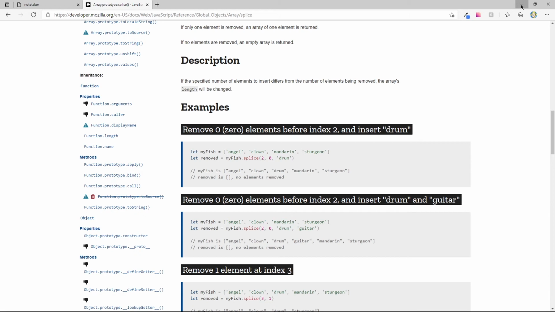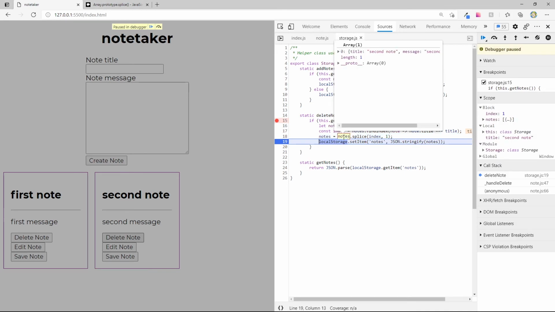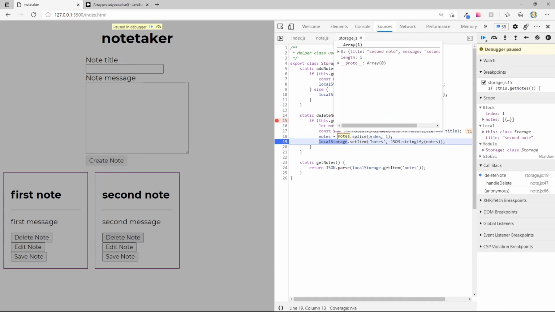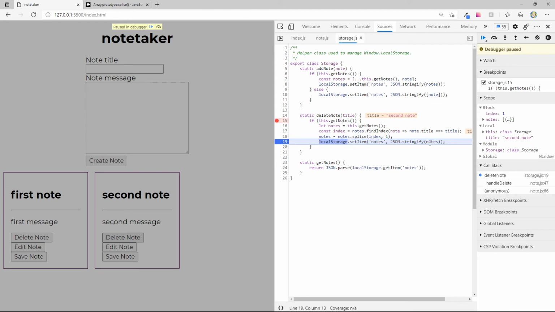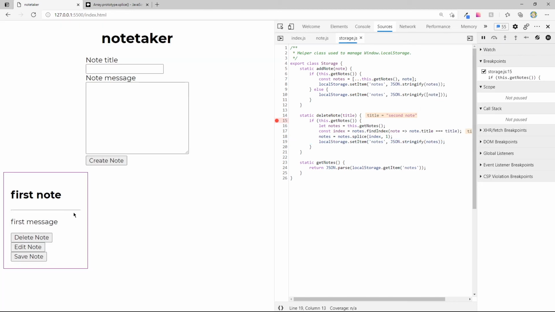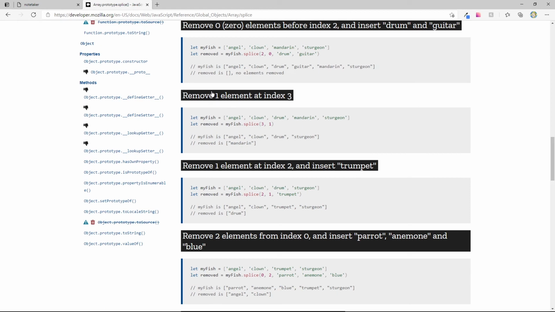So if we come back to our browser here, what happens after we call notes.splice? Second note. If I just use that instead, I wonder if I can just stringify that. That's not really what I want though. If you refresh here, we still get second note. So remove 1 element, removed,